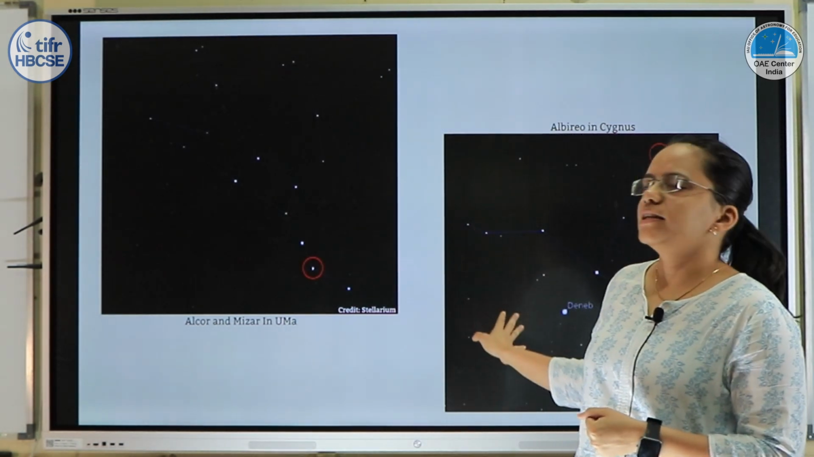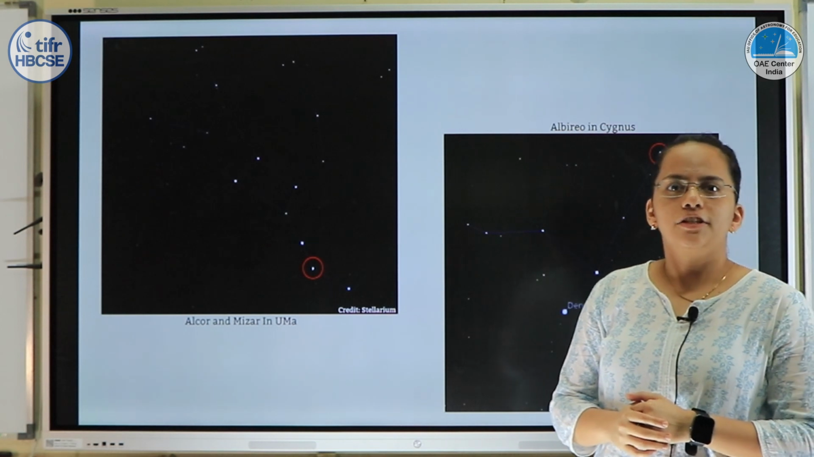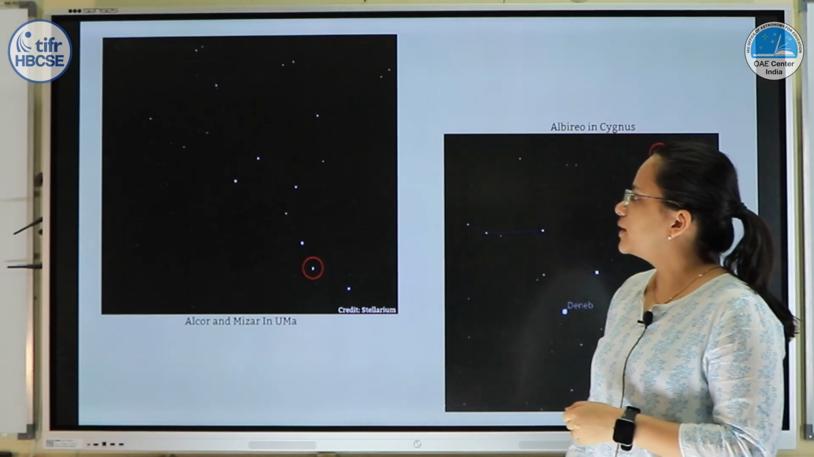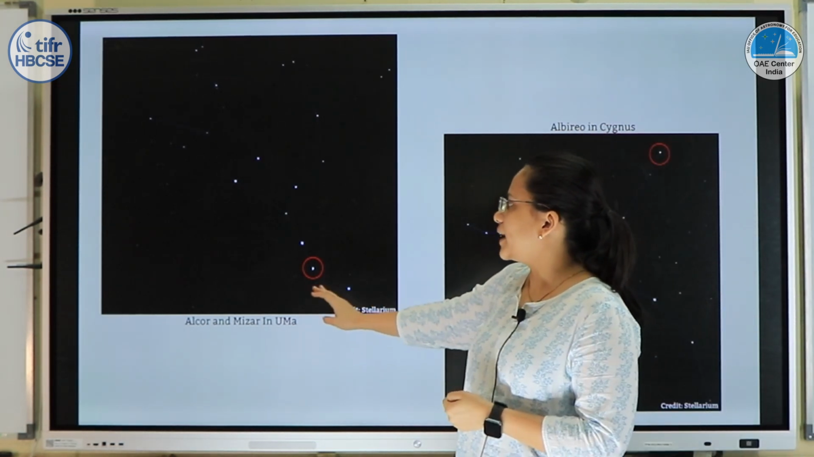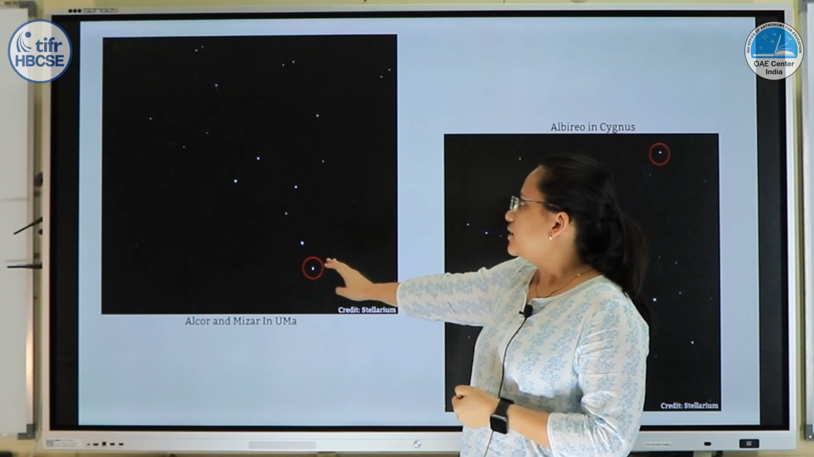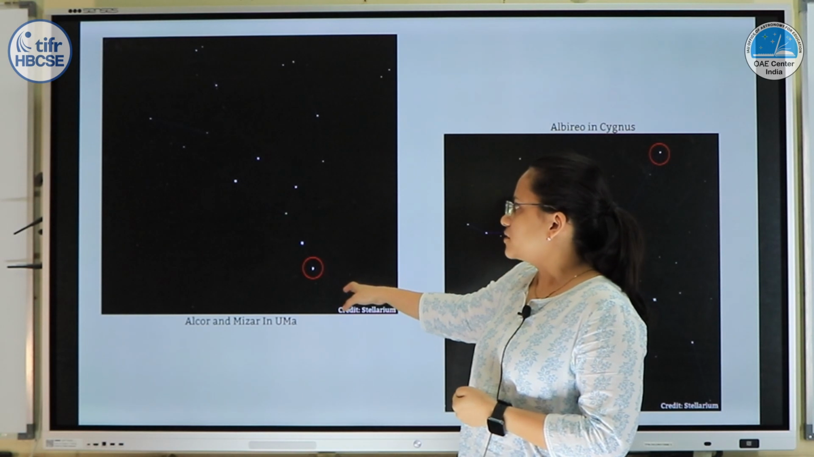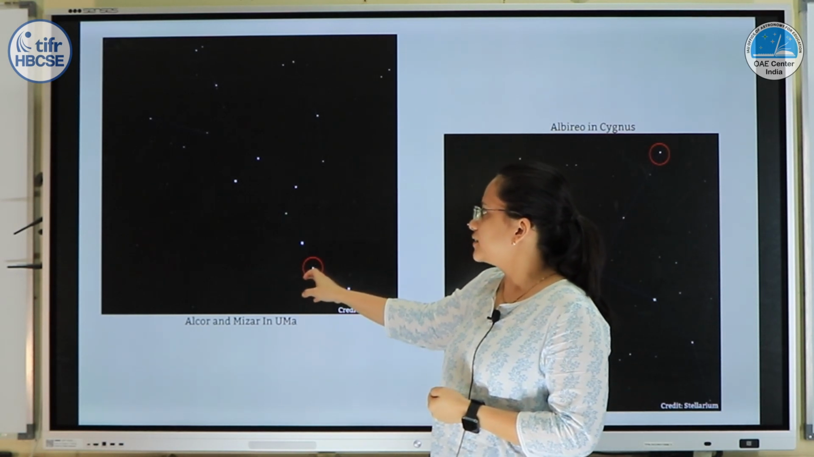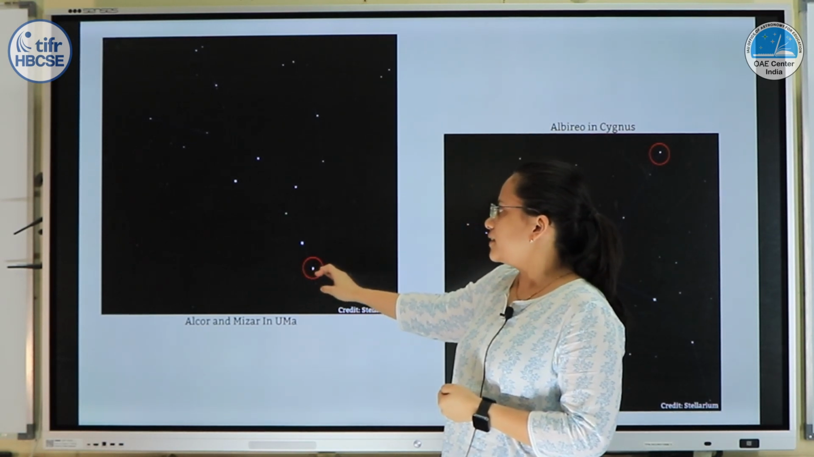So these are the two constellations where you can see the two stars that I talked about. This one is Ursa Major. Mizar and Alcor are a binary star situated in the tail of the Ursa Major. If you look at the second last star in the tail, the brighter one is Mizar and the fainter